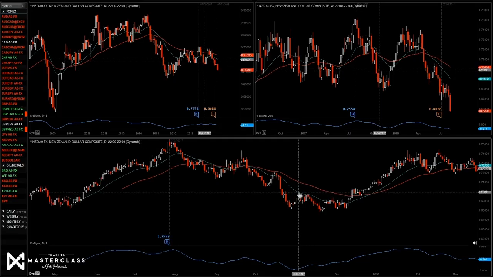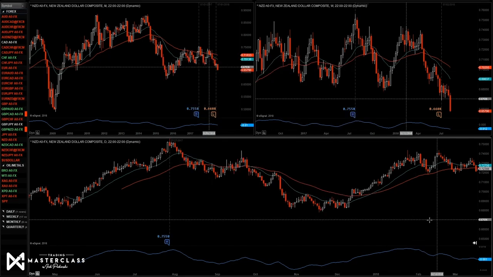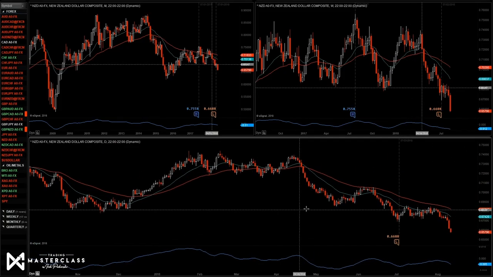Okay, but it's the same indicator as the 50 EMA. The length of time is only 20 days or 20 weeks or 20 months. Okay, so it's a little bit short term. It's more short term, but it's the same thing. It's a moving average set to exponential, and 20 is the length of time. Okay, so again, this one is not required, but I use it for targets. It's helpful